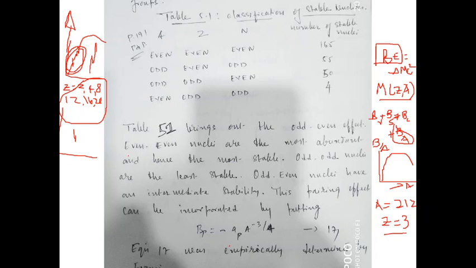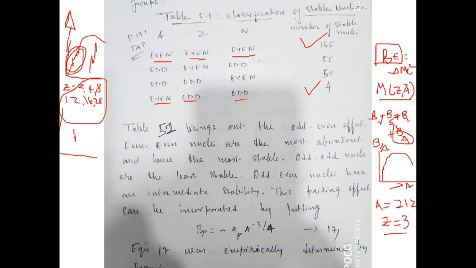There is one more term, and these are also the statistics in front of you. See, if Z is even, of course, you can have four ways in which even A can be formed: even Z and even N. The number of stable nuclei found in nature is the highest. So nature seems to prefer nuclei which have even Z and even N. And at the other extreme, A is again even, but an even number can be formed by combining two odd numbers. So it is found that odd-odd nuclei are not stable.